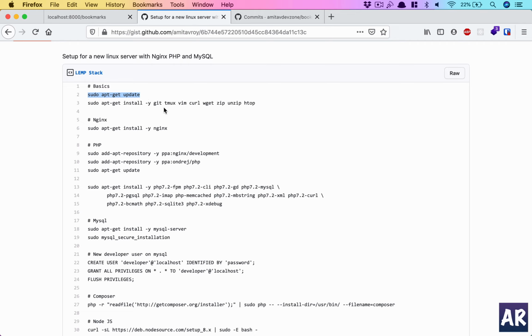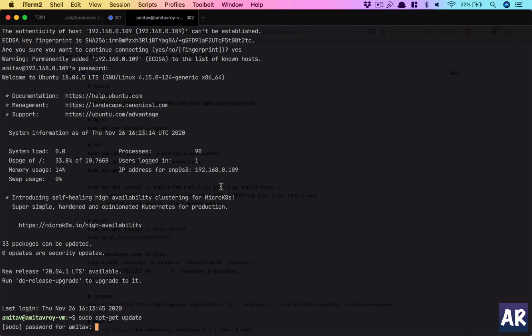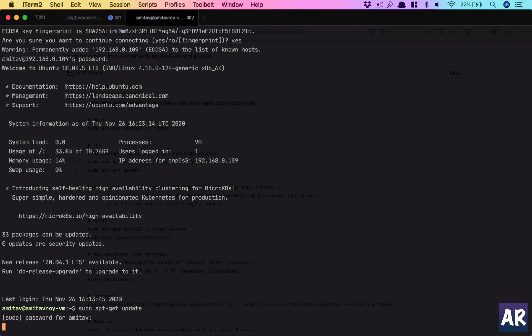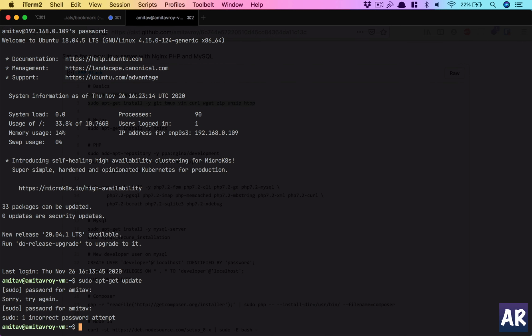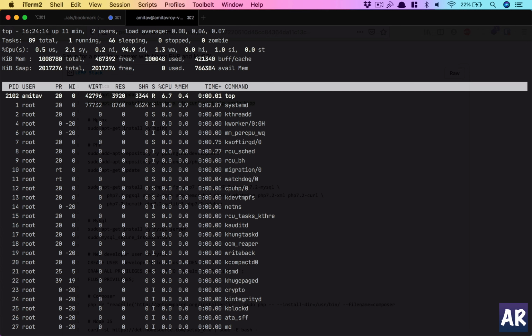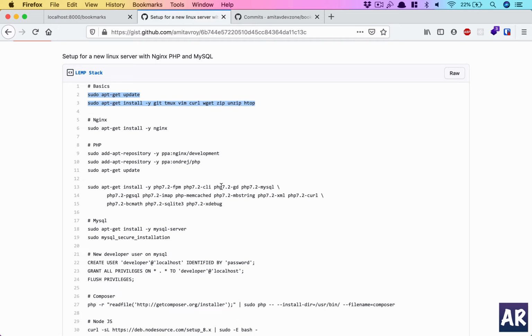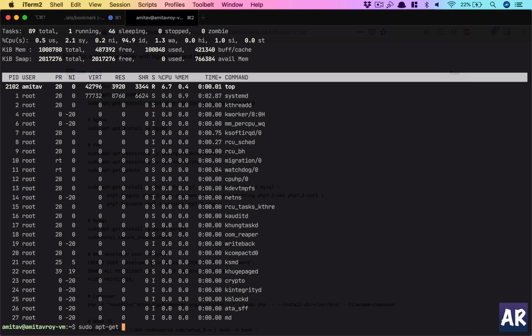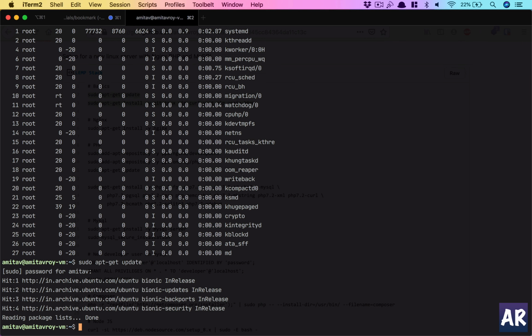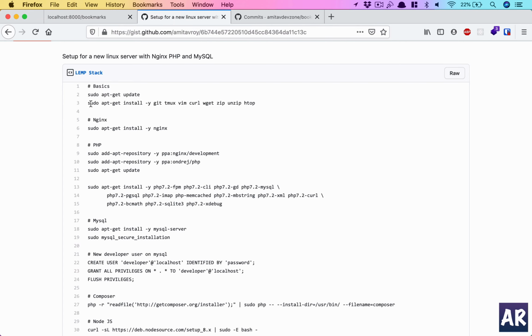I'm installing git, tmux, vim, curl, wget, zip. Okay, htop you can skip if you want to. I like using htop because it gives me better analytics about the services which are running. So this is top, but yeah, sudo, why is it not getting updated? Okay, so this is happening, and then